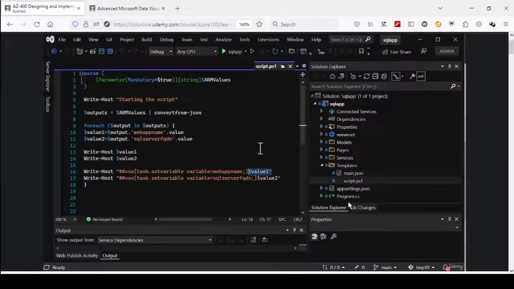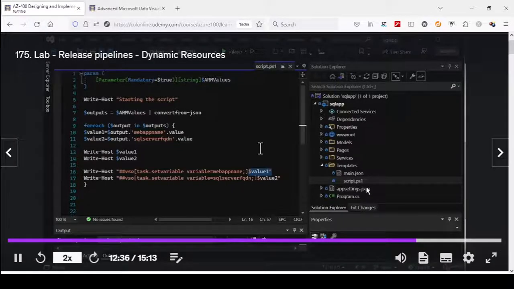And then after going through our forums, I saw that within the script in which you're setting the variables,